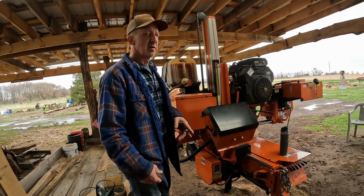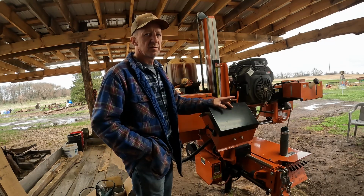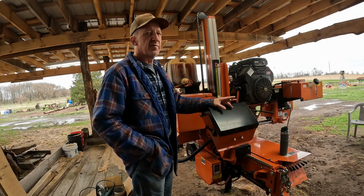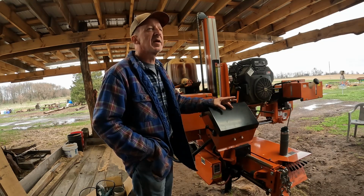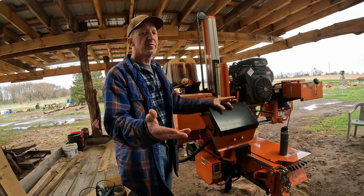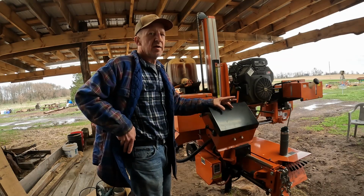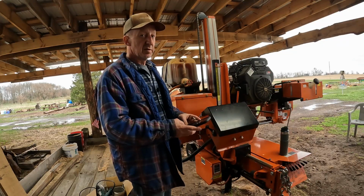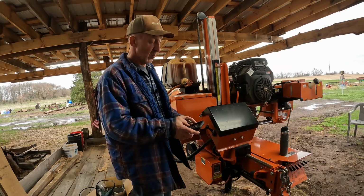Your water jug at 8 hours of milling, you're probably going to fill up twice a day at 5 minutes a fill up. Takes you to walk to go get your water. Let's say it takes you 2.5 minutes to fill up your gallon jug of water twice a day. So that's 5 minutes a day times 6 months. That's a lot of, I don't know what that is. I should have figured that out before I started this video, but